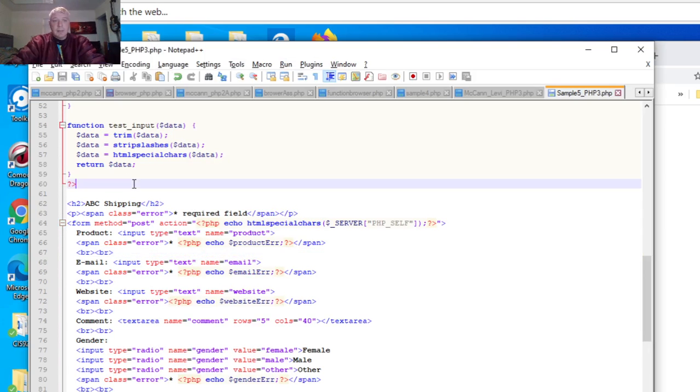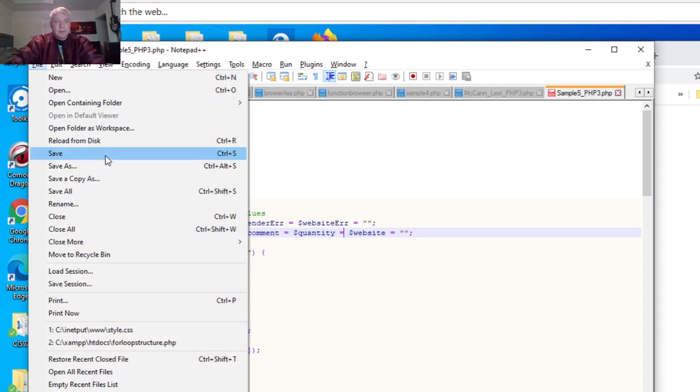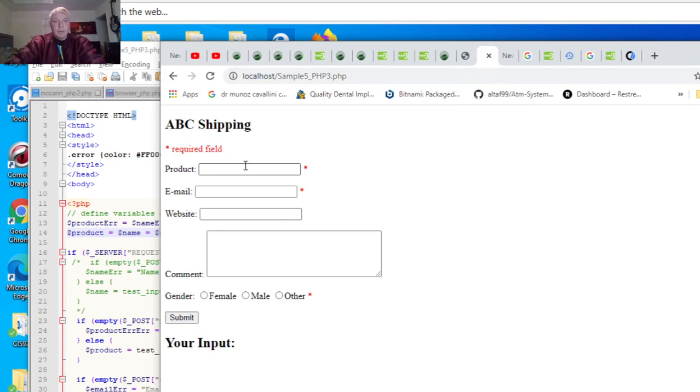Ooh, line 14. Let's see what we did wrong on line 14. I forgot an equal sign here. Save that again. We'll run it again. And there we go. So we can put a plate, email,